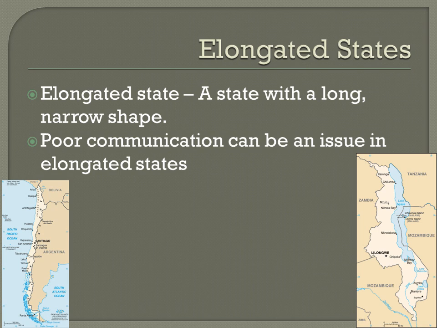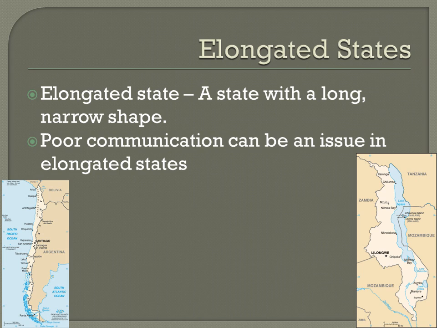Our next one is an elongated state. Definition: a state with a long, narrow shape. It's elongated, it's stretched. For elongated states, one of the things that has to be a major concern is poor communication, right? Especially when you're talking about a state like, for example, Chile, down at the bottom. Chile's capital city, Santiago, is near the center of the country. It's very elongated, but